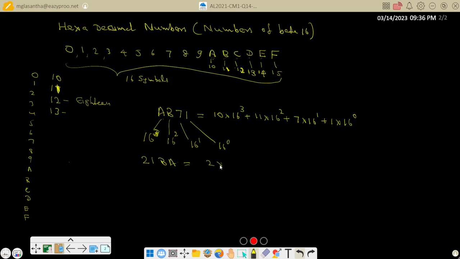This is 2 into 16 to the power of 3 plus 1 into 16 to the power of 2 plus B, which is 11, 11 into 16 plus A, which is 10, 10 into 16 to the power of 0. Right? Again, 16 cubed is required. That is, you need 16 into 16, 256, into 16,